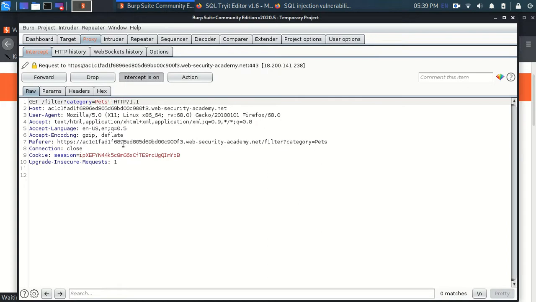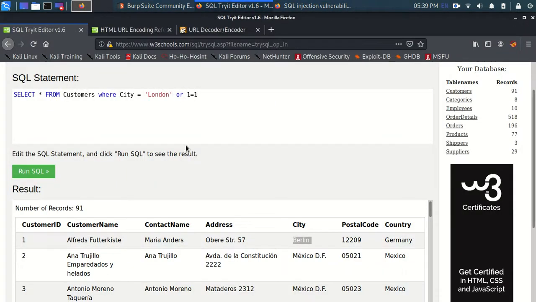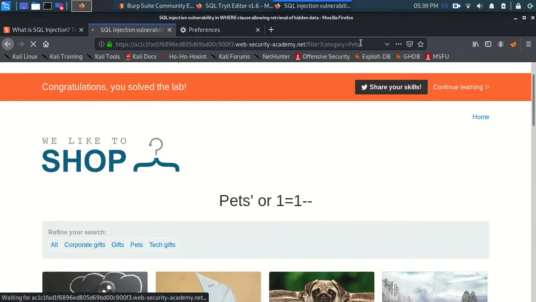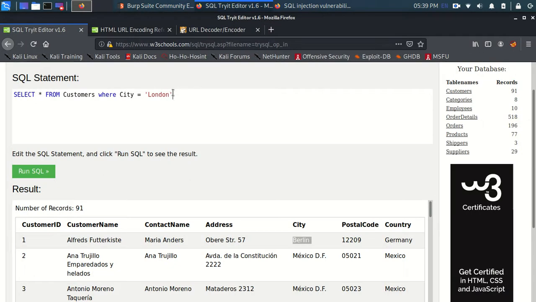The reason is that when this query actually runs, it automatically puts single quotes around the value. For example, in this URL you can see category is equal to pets. When it actually puts this pets into the database, it puts it like London over here, adding single quotes in front of it and at the back of it.